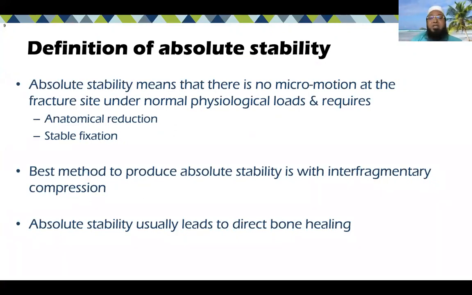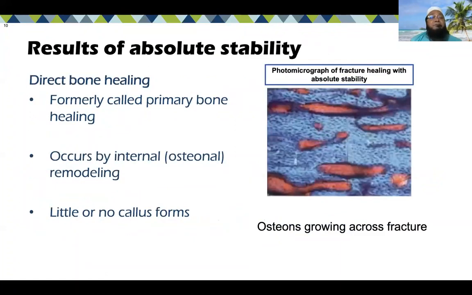The best method to produce this absolute stability is interfragmentary compression, and absolute stability usually leads to direct bone healing. So what happens when absolute stability is provided? We can see this photograph. This is an osteotomy site which is fixed, which is reduced anatomically, and